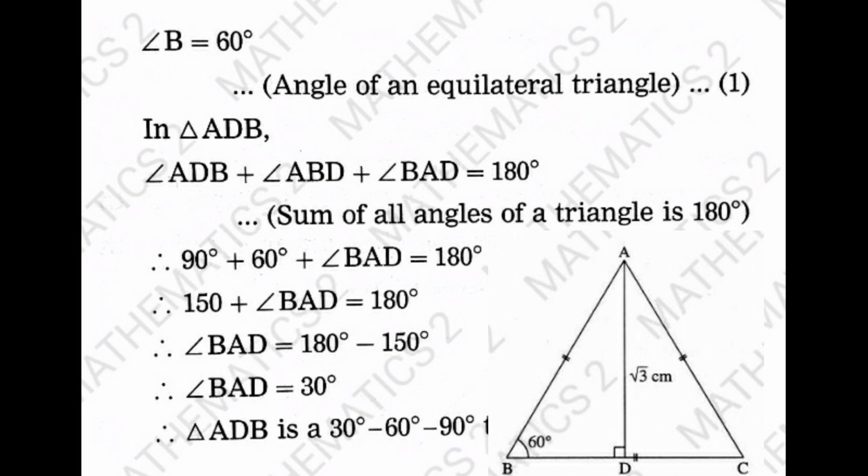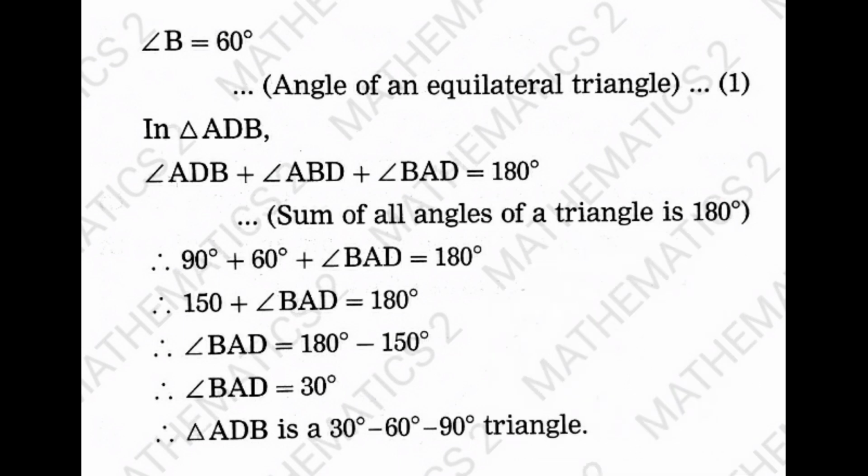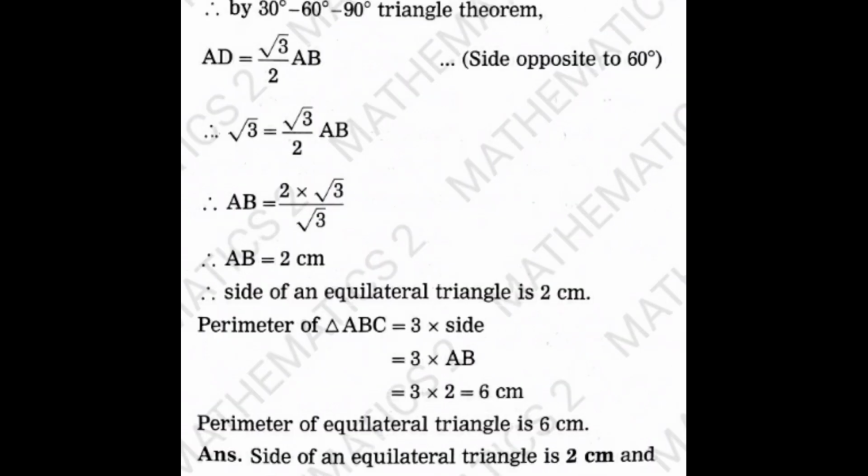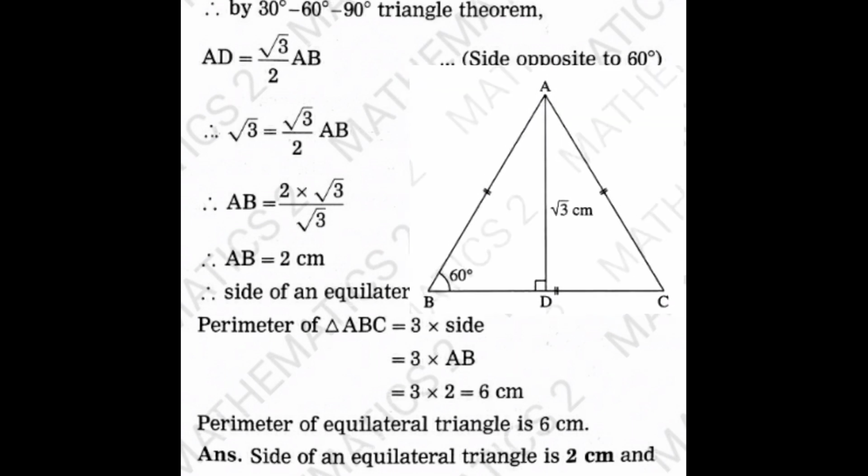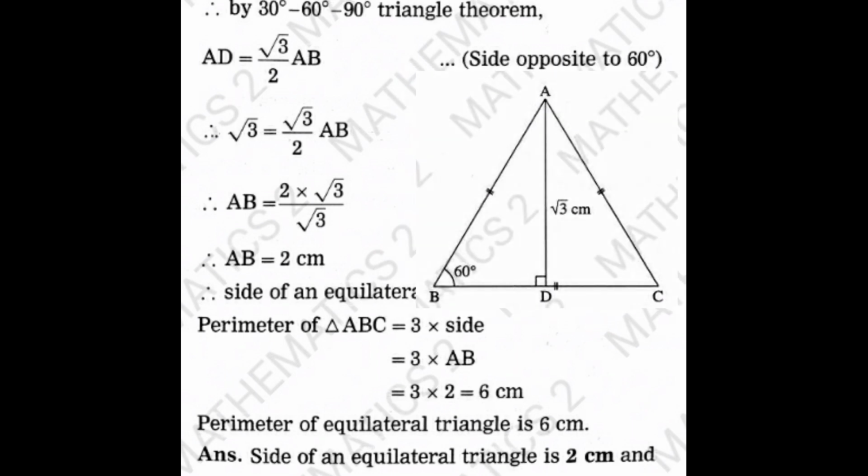So what will I get? Triangle ADB is a 30, 60, 90 degree triangle. So students, whenever you get an equilateral triangle and an altitude is drawn, remember that we will use the 30, 60, 90 degree triangle theorem. Now, triangle ADB is 30, 60, 90. So by the 30, 60, 90 degree triangle theorem, AD, which is the side opposite to 60 degree, is root 3 upon 2 times hypotenuse. AD is given, substituting the value, root 3 is equal to root 3 upon 2 into hypotenuse